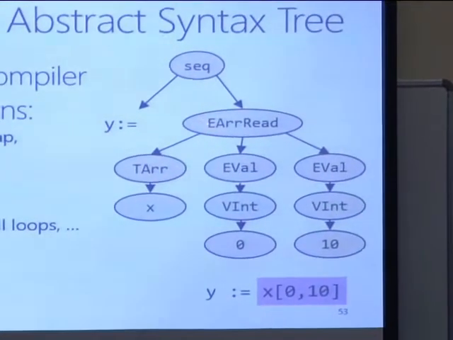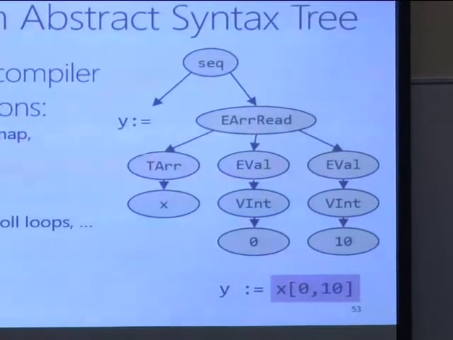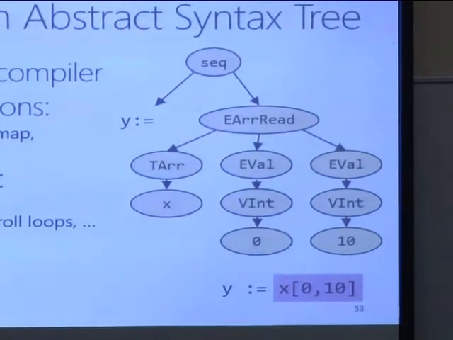So the array read has 3 parameters. There is an array from which we read. This is the branch here. There is a starting value 0, and there's the ending value 10. But then the array is not simply an array. We need to give a type of array, and here it's a type array. And if you put type in here, it's wrong. It shouldn't be here. The type checking should fix that. And there is the type array, and there's a subtype, which I hid here. And there's this x, the name of a variable. And so the second parameter is a value.